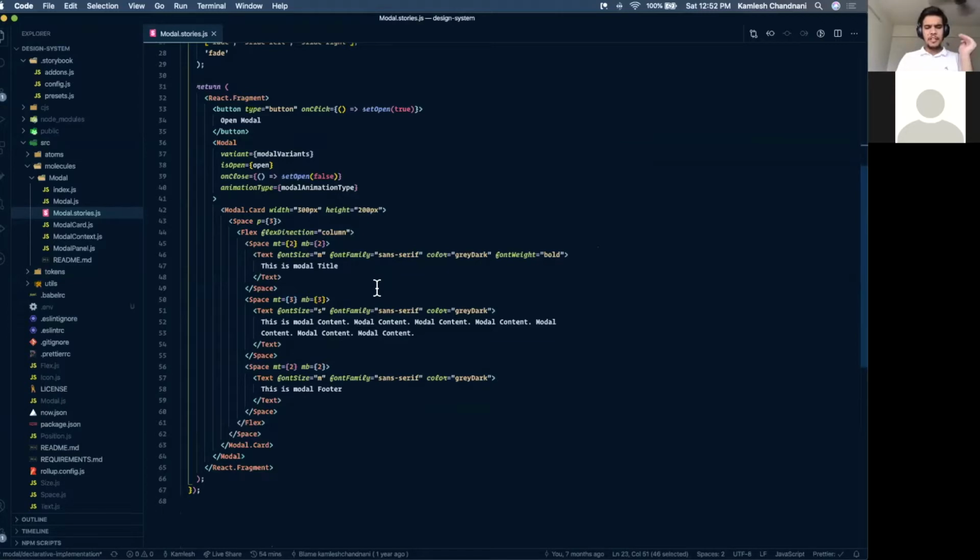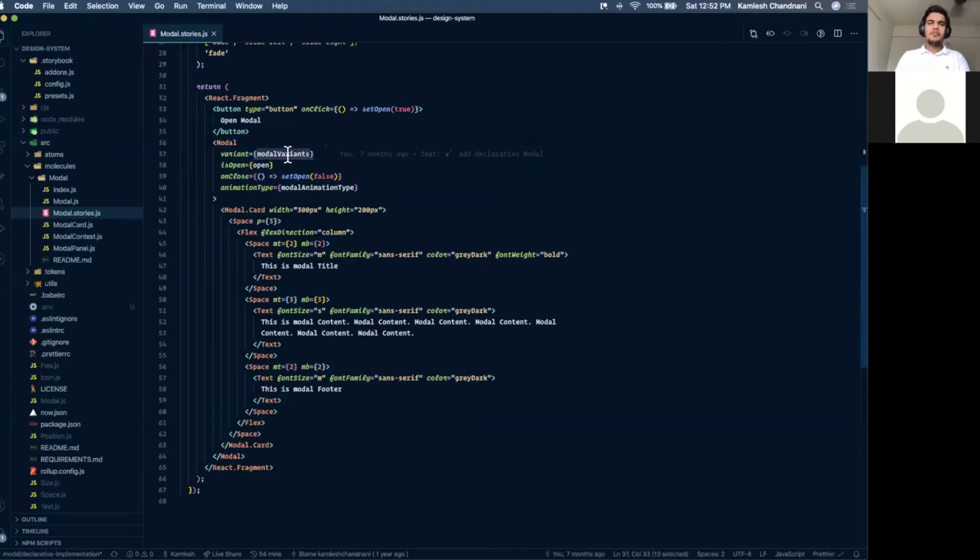When you think about components, most of us have gone in the direction of everything should be declarative. Modal again is a classic example of it. So what I'm doing over here is I have a modal component.